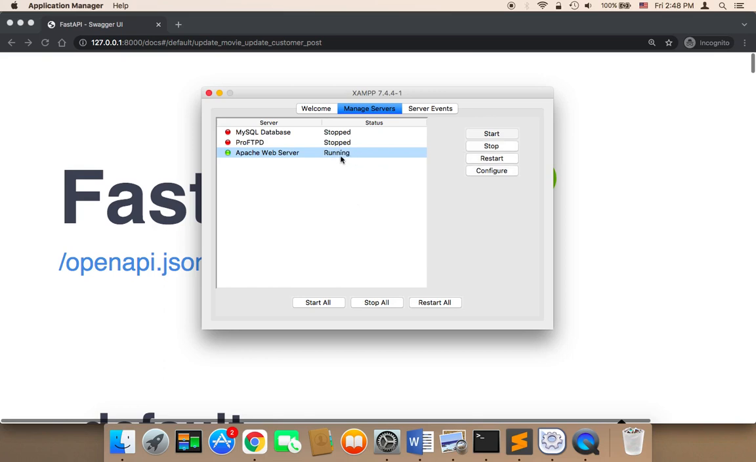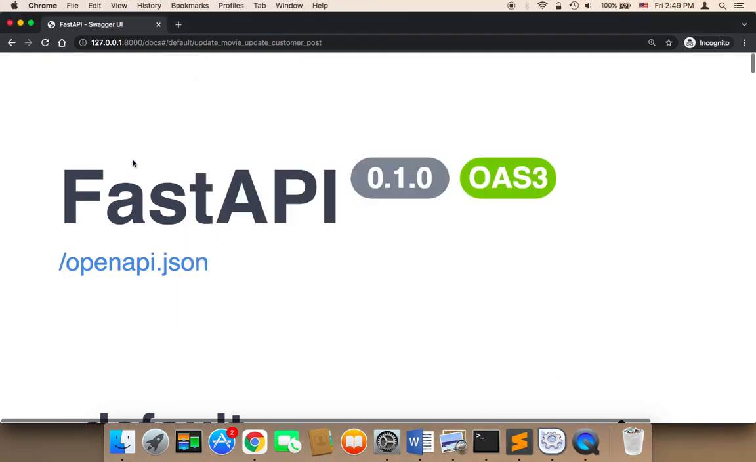Once it says running, you need to select MySQL, and then click on Start. This is also going to take about 10 seconds to start. Once both the Apache web server and the MySQL database are running, you need to head on over to the browser, and in the browser you need to type localhost